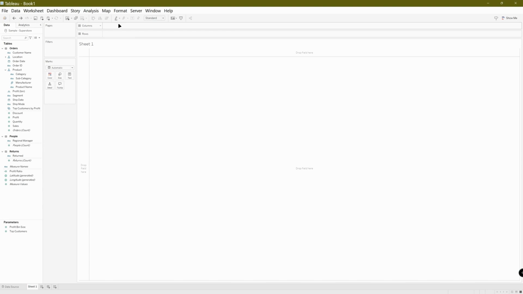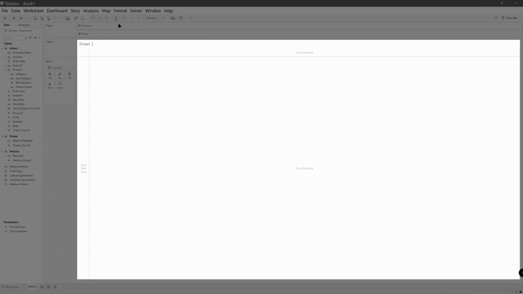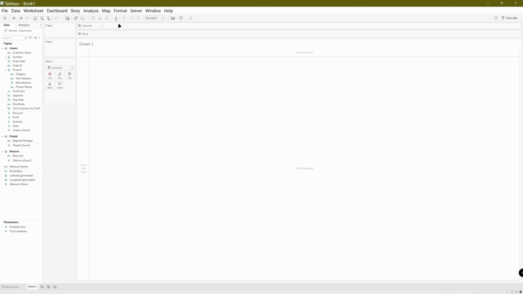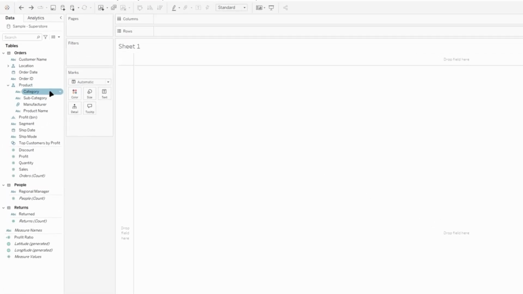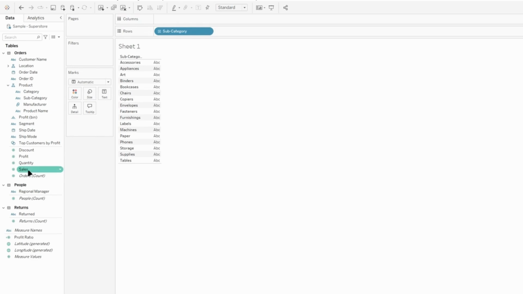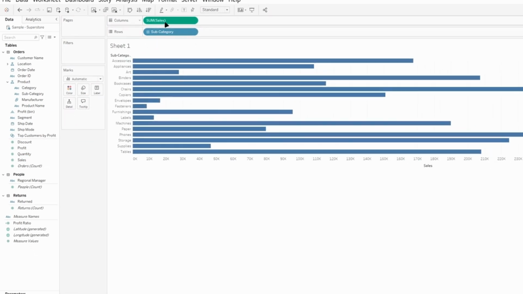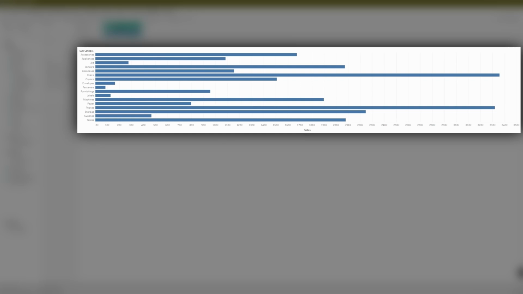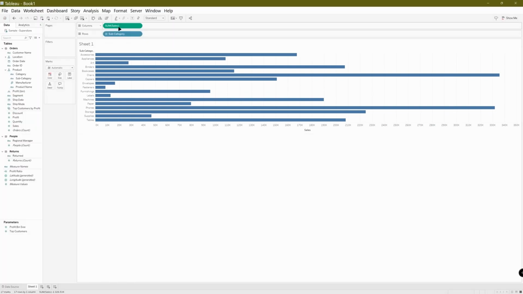So once you've connected your data source, you should have a worksheet that looks similar to this. But before we start creating any dynamic sets, we need to first create a visualization. The visualization that we're going to create today is a bar chart of subcategory and sales. So to do this, we're going to navigate to the data pane. We're going to click and drag subcategory to the rows shelf, and we're going to click and drag sales to the columns shelf. Now you should have a bar chart that looks similar to this,